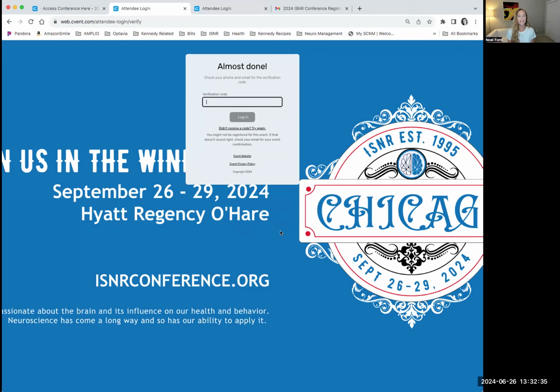The best part about it is in the conference registration, you had to complete your registration with an email as well as a phone number. I would highly recommend you make that phone number your mobile device, because then once you are trying to log in, it's going to text you a code as well as send it to your email. So you'll have the ability to check both places for that. Now, I'm going to type in my code here very quickly